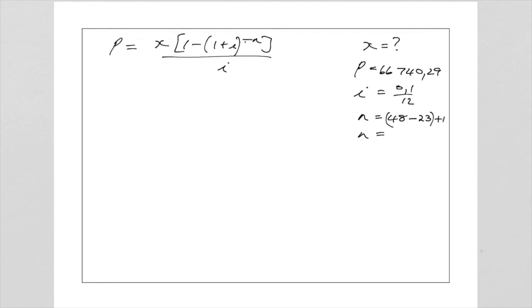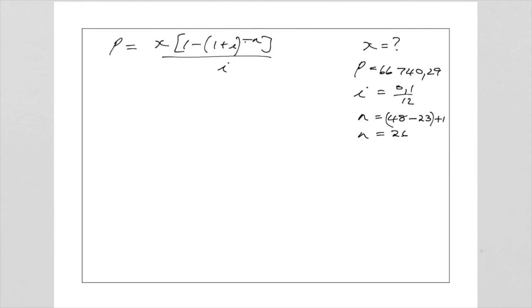I hope you will agree, if you work that out, you will notice that there are still 26 payments. So he's still going to need to make 26 payments of the X amount that we're going to calculate to pay off this loan of